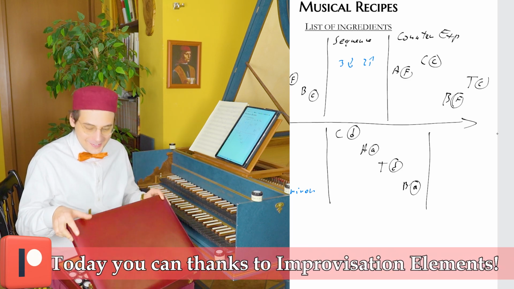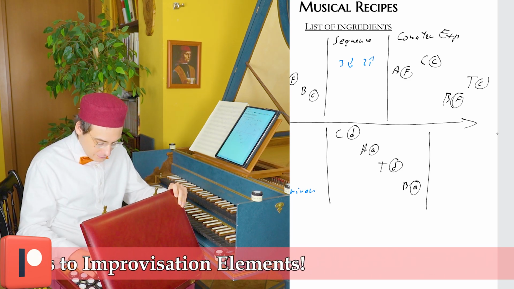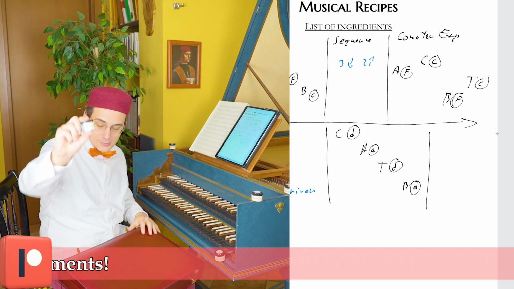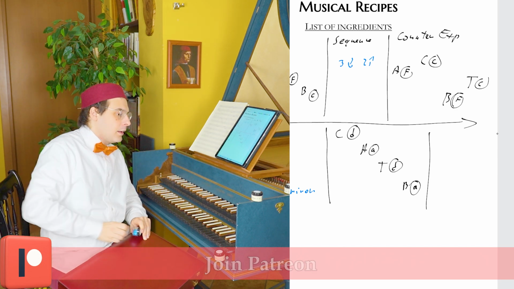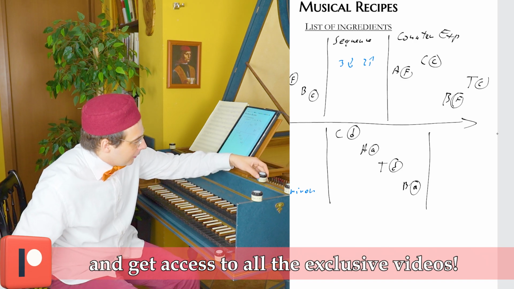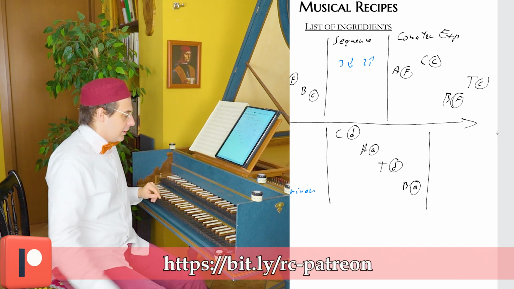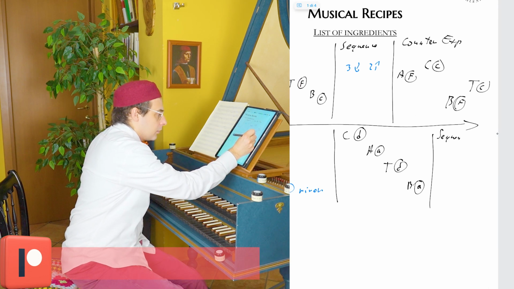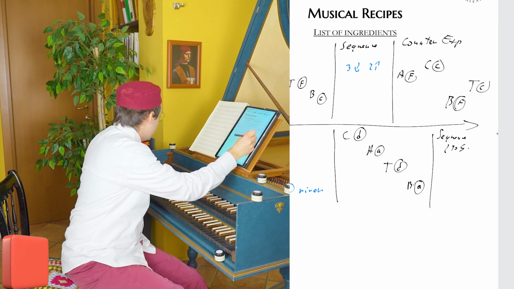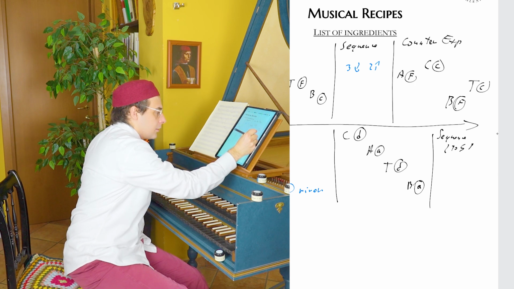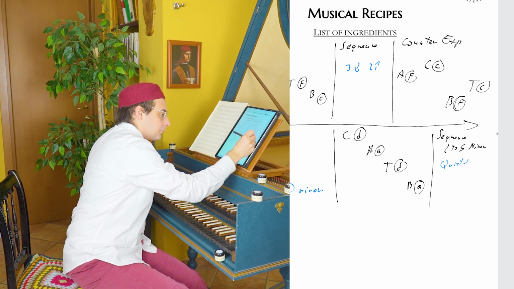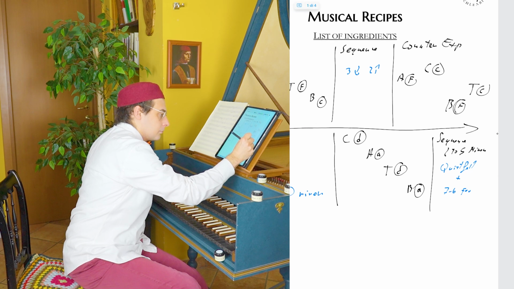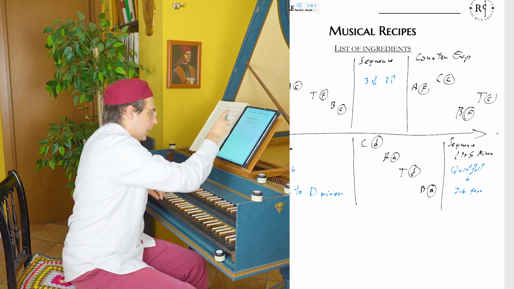Let's take the ingredient, 7/6 forward on. This one, 7/6 forward on, which is... so let's write sequence two. G minor, quintfall, and then plus 7/6 forward on, and so we get